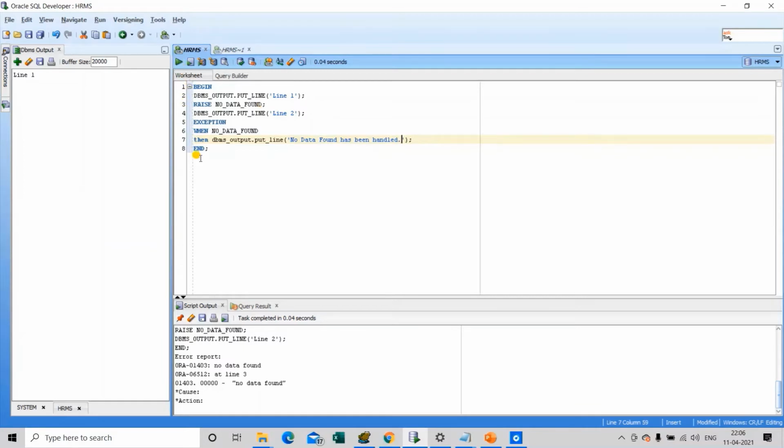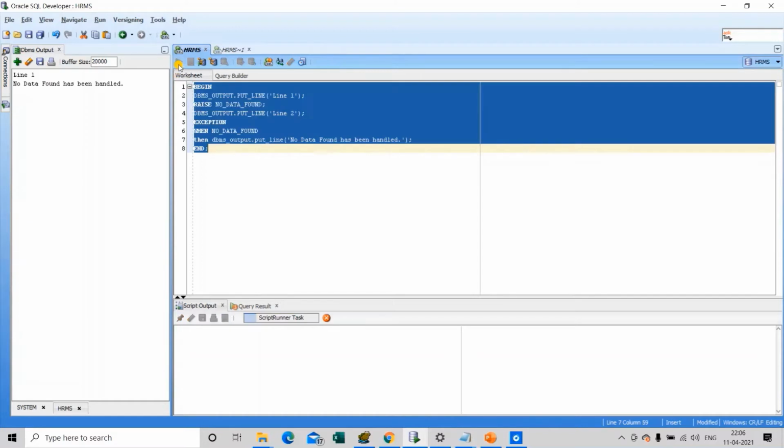So now I have handled the exception of type no data found in our anonymous block.